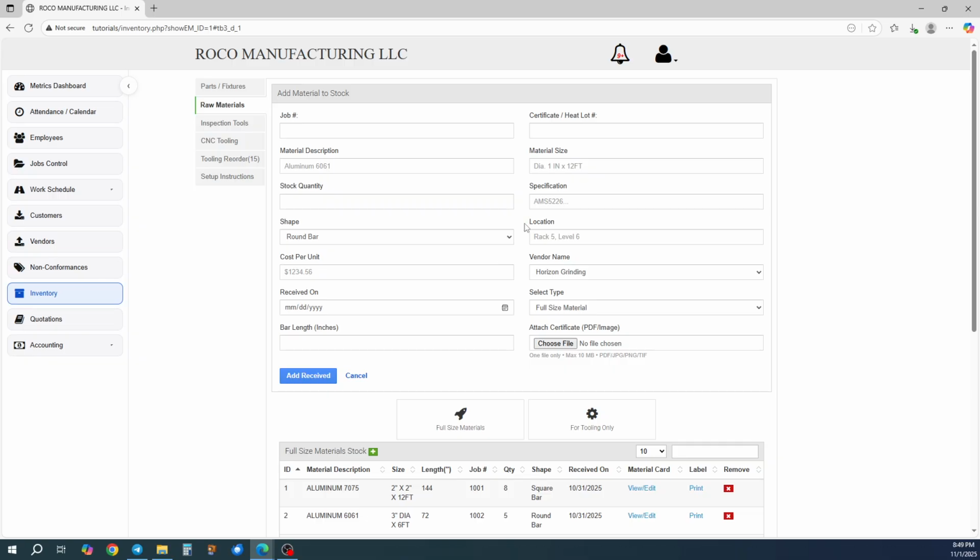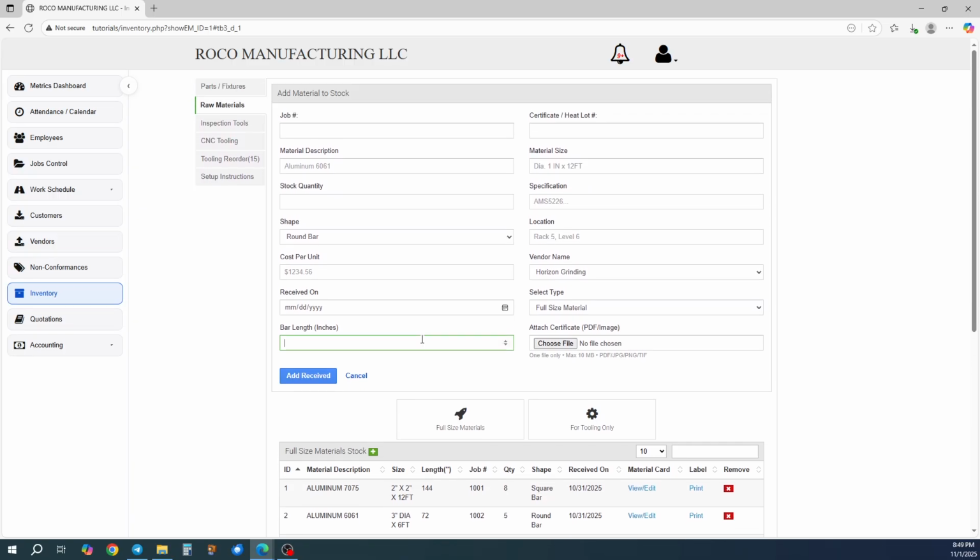So you're able to just choose what information you need. Now you can enter your job number, certificate heat lot number, material description, size, stock quantity, spec, shape, location, cost per unit, vendor, received, and then whether it's a full-size material or it's only for tooling, and your bar length